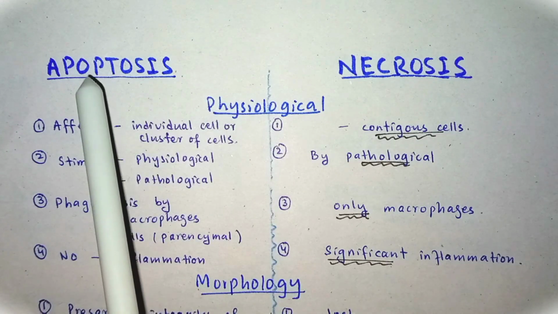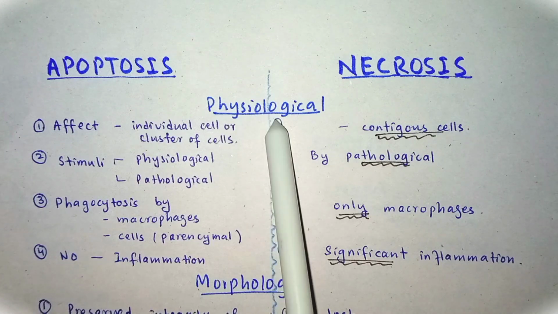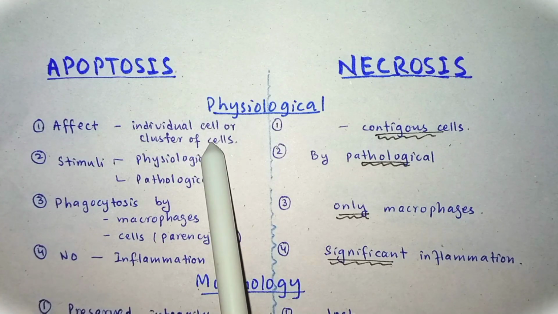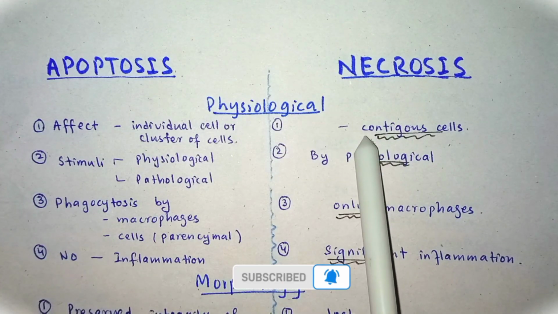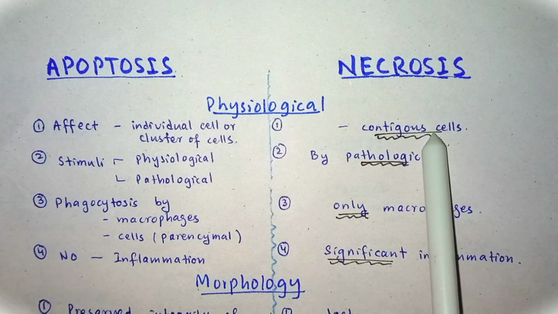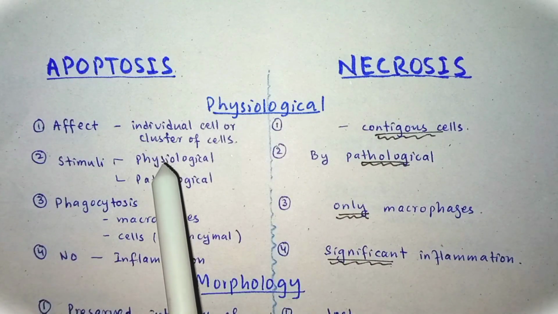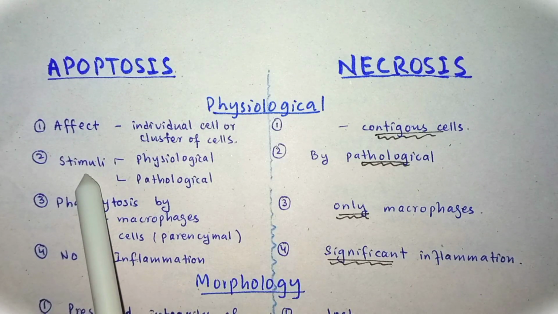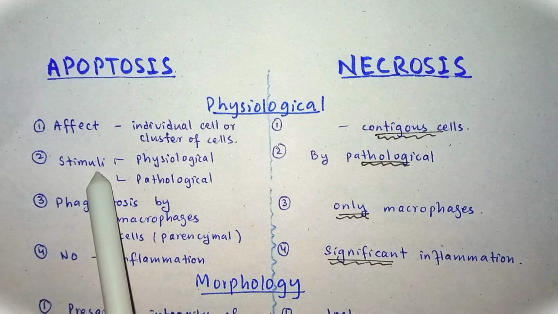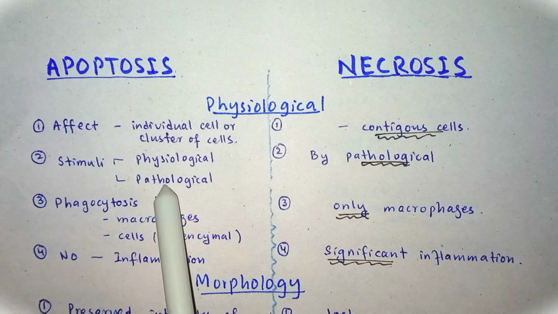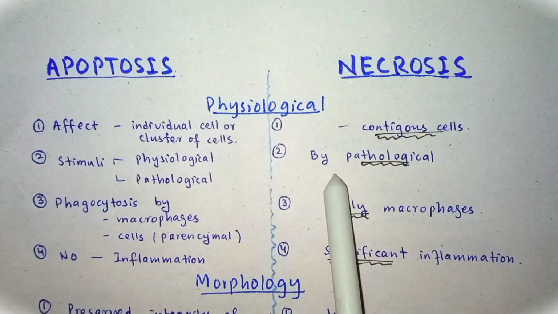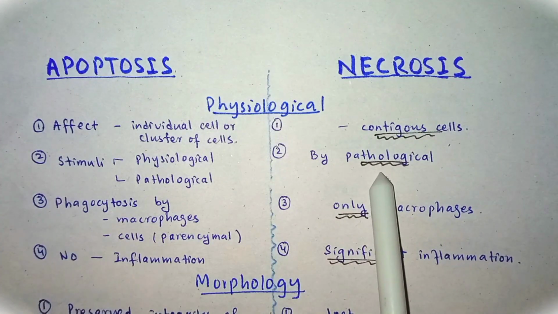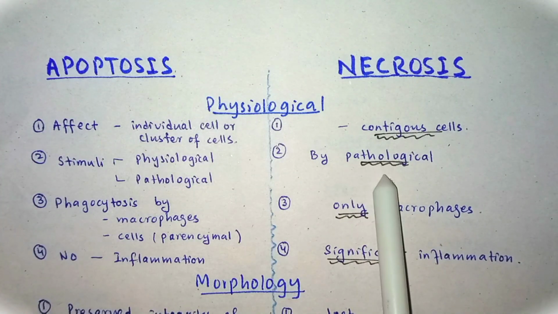Physiologically, apoptosis affects individual cells or clusters of cells, while necrosis often affects contiguous cells. Second, apoptosis is evoked by physiological as well as pathological stimuli, but necrosis is induced by non-physiological, that is pathological, disturbances, which may be hypoxia or toxin exposure to